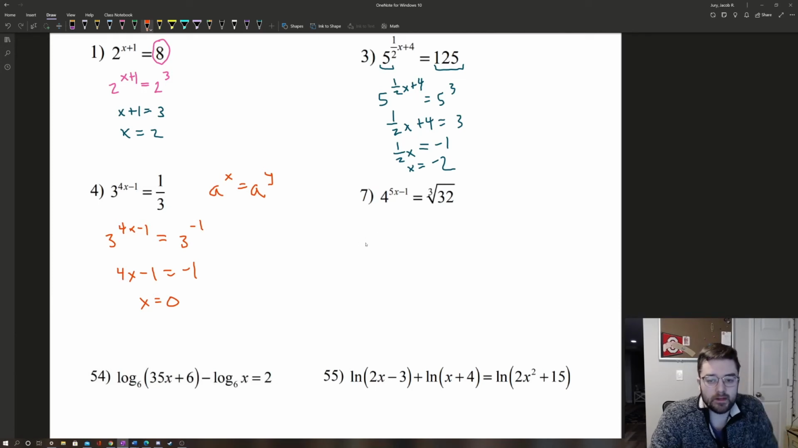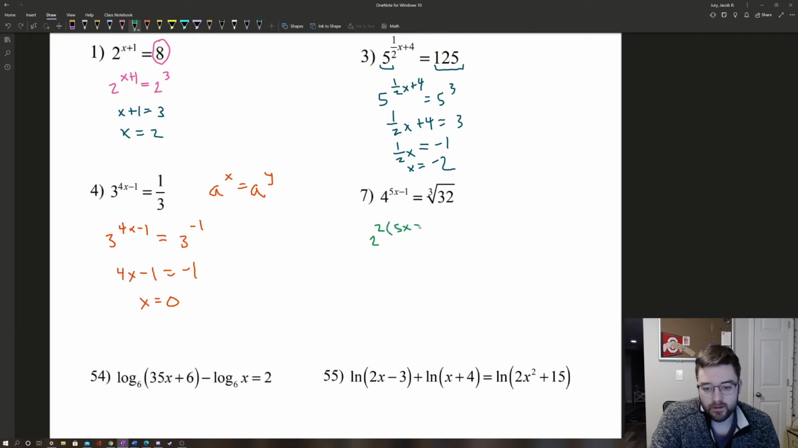With 7, now we have a little bit of a tricky one, because with 4 and 32, I can't think of a power I can raise 4 to, I can't square it, I can't cube it to get 32. So we sort of have a problem there, but we can find a common base between 4 and 32. So 2 to the 5x minus 1, I should really have 2 times 2